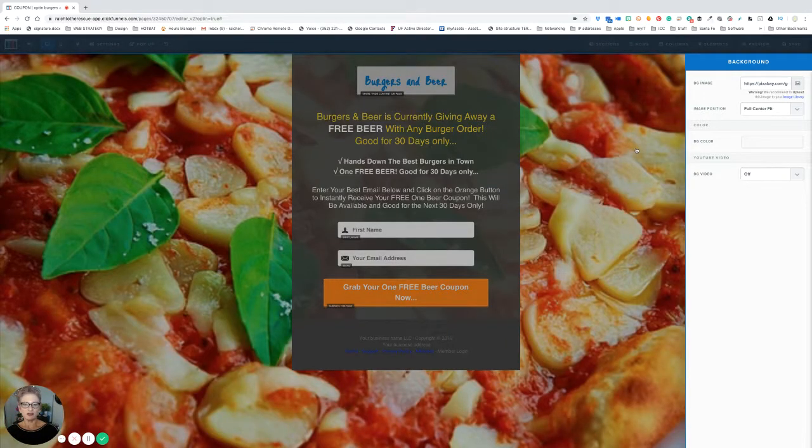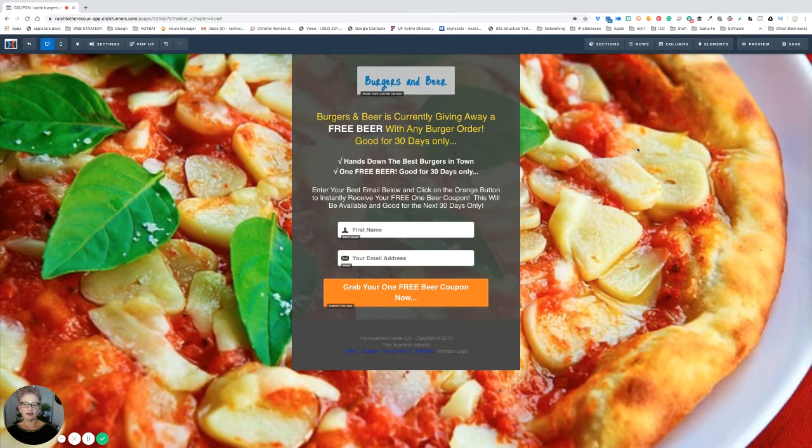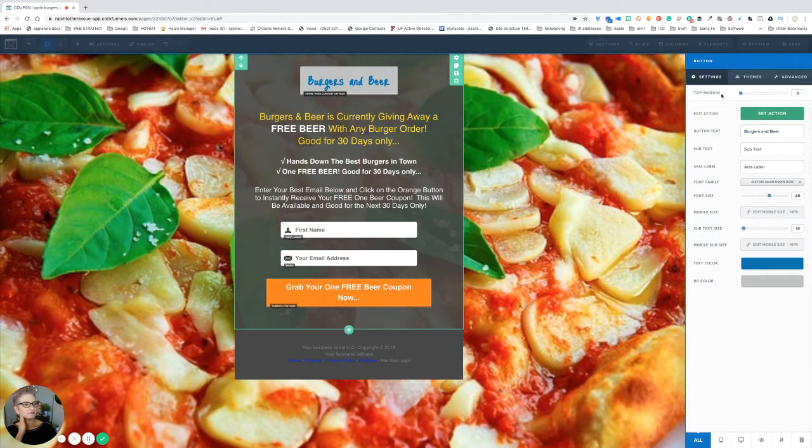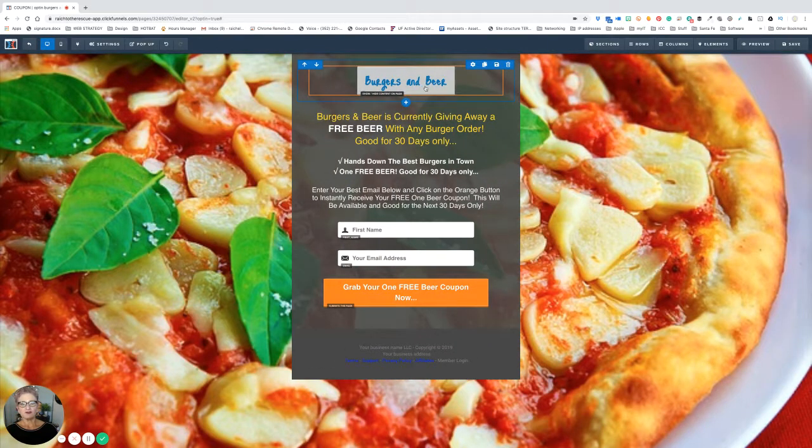And you can just double click on the picture and it will add it, or you can single click and then click add image. Okay, so see the difference? It's not pixelated. Okay, so now since we changed the background, if you want to change this and upload your logo, then click here where it says settings, and actually I have this set as a button. So if you do have your logo,